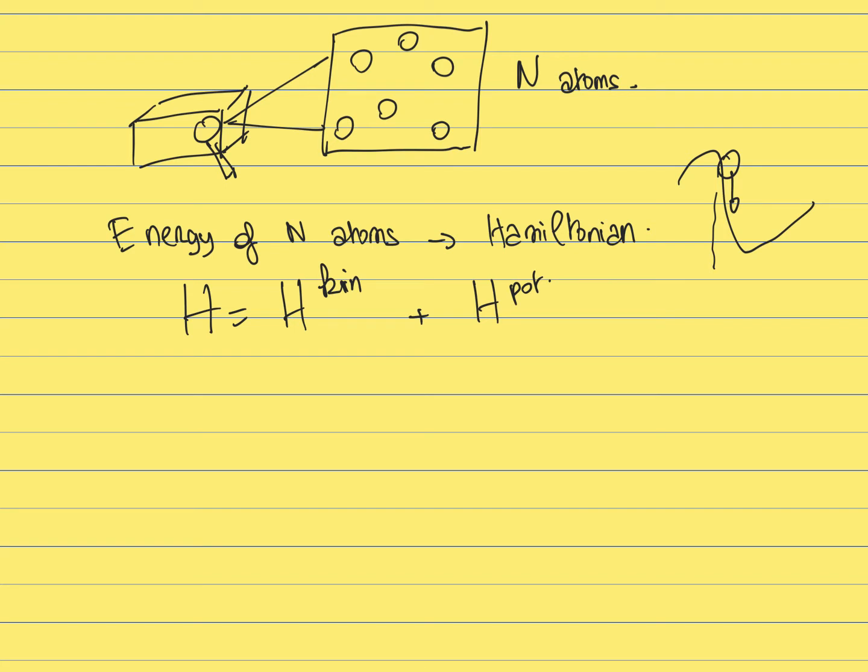So if you think first about the kinetic energy of the system of n atoms, it is simply going to be the sum of the kinetic energy of all the atoms. If you want the total kinetic energy of this system of atoms, you simply need to take the sum for i going from 1 to n over all the atoms that this system is